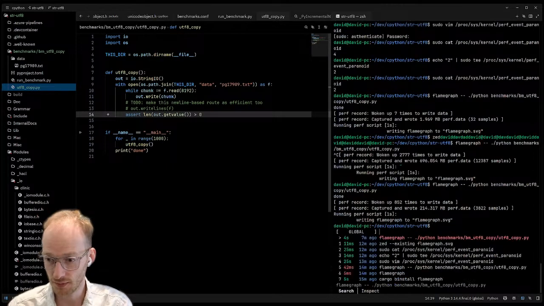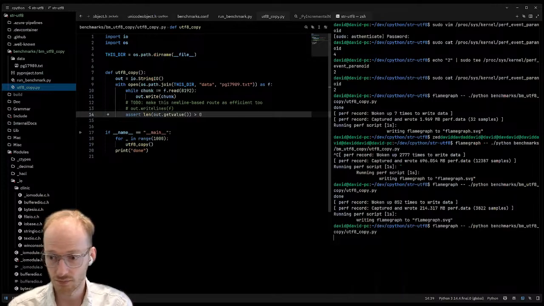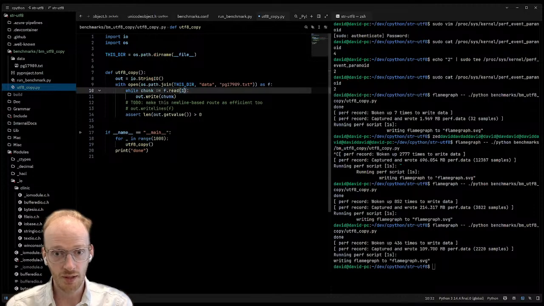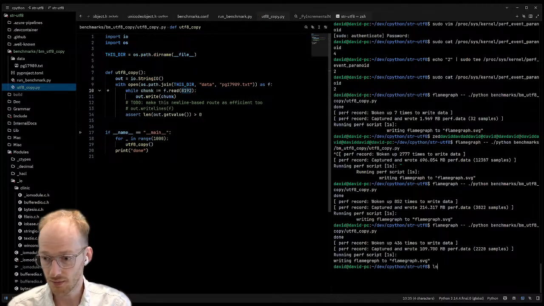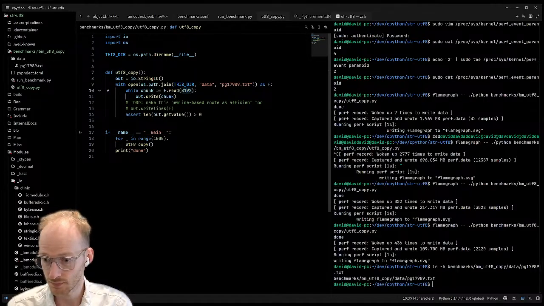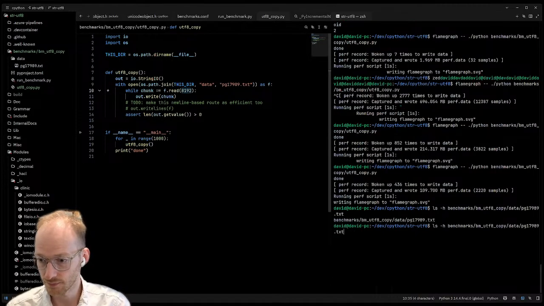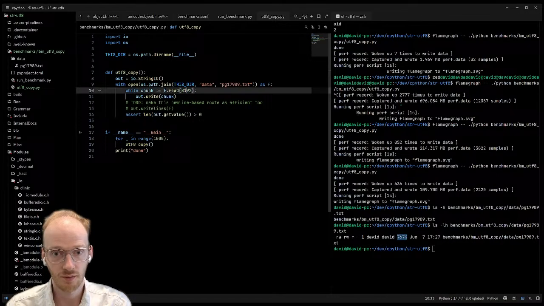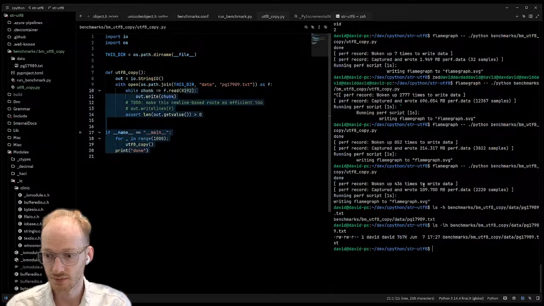We should be able to just run that. The chunk too big, maybe. What do you want? 1K? How big is the file? 700K. That's okay. So probably fine.